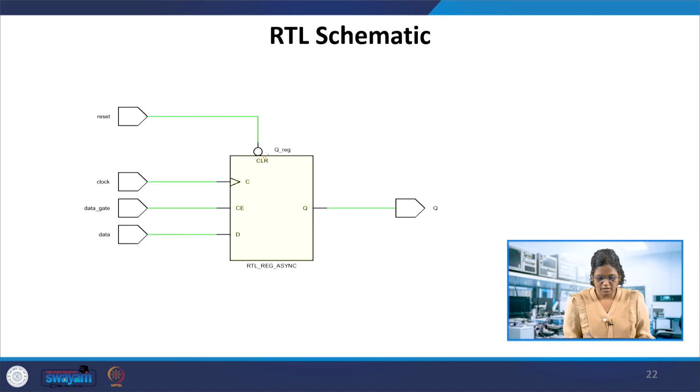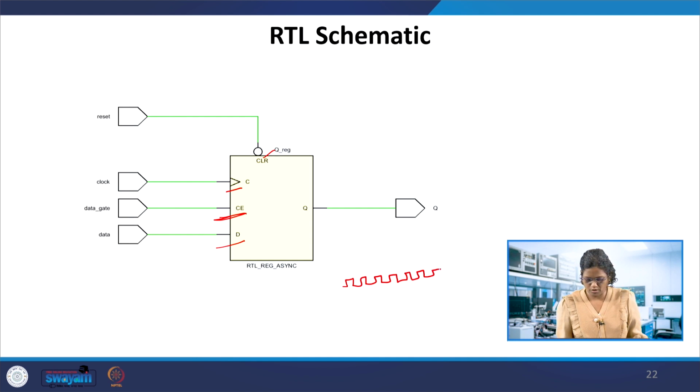So the clear, which is negated, and the passage of the clock, data gate is given to C. You can see that D. So for example, if you have a 50 megahertz clock, you want an operation to use this clock of 50 megahertz. These are the passages of the clock wherein you'll be using the data to be assigned or something.